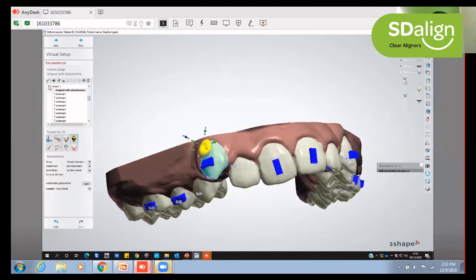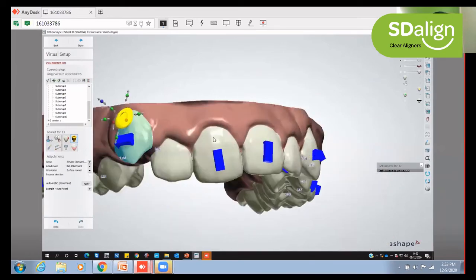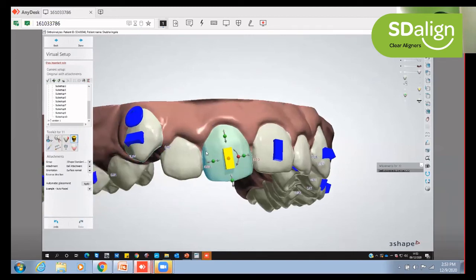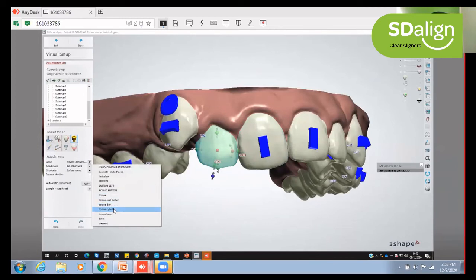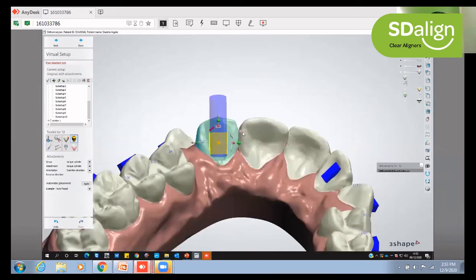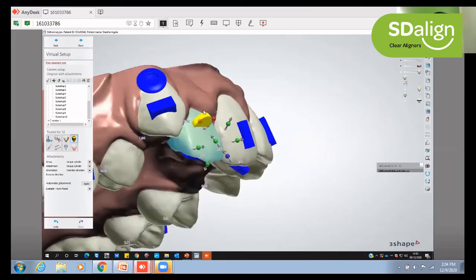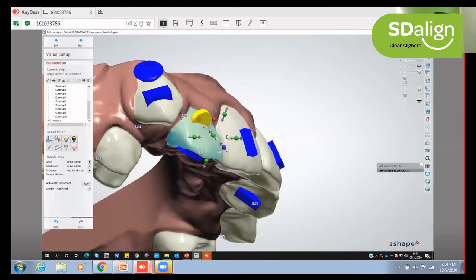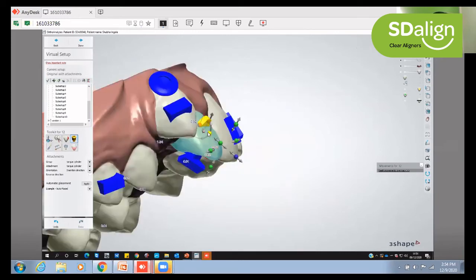Now we will come to the virtual e-chain effect and also the torquing auxiliaries. One of them is a beveled or a pressure area. Let's say you want to do some amount of torque for the lateral incisor. We have a torque bar or a torque cylinder which will help to give us a pressure point. We can also give it on the palatal aspect or on the buccal aspect. Let's say we want to give a pressure point on the cervical area of the lateral incisor so that we can give a good amount of twisting action. We can angulate it slightly gingivally or occlusally depending on the requirement. So let's say I want to do it this way.